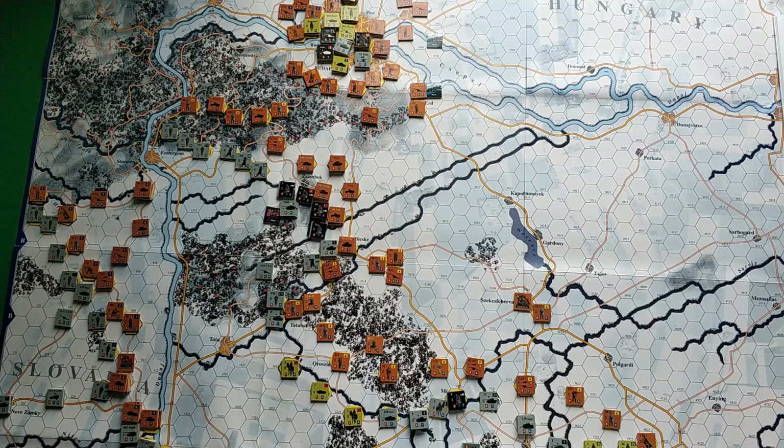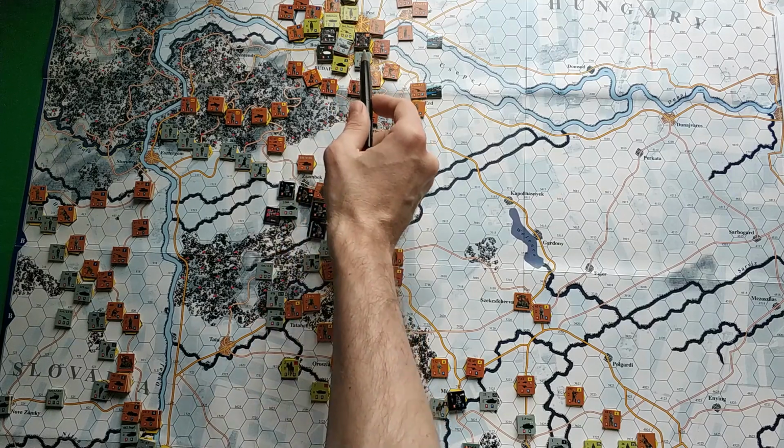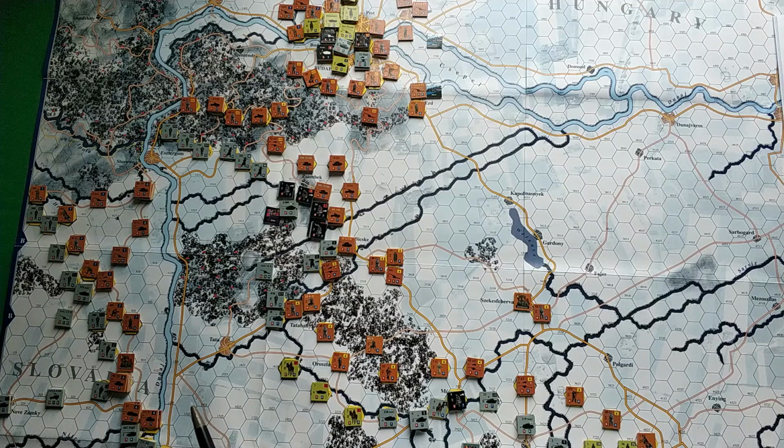So this scenario takes 11 turns, and the victory condition is the same. A German player wins if he can make a road connection between the town of Tata and any hex of Budapest and keep it safe from the Soviet units or their zones of control. If he can make it, he wins the game instantly. And the Soviet player wins if the German player is not allowed to do so. When it comes to the special victory conditions,